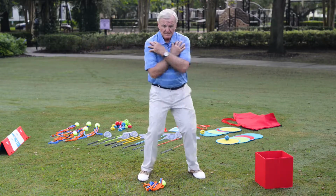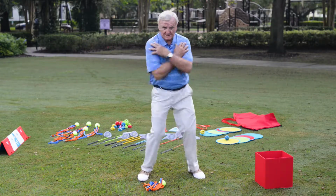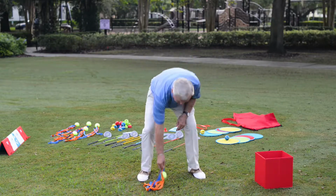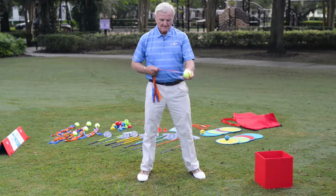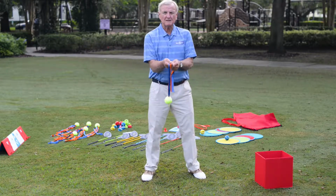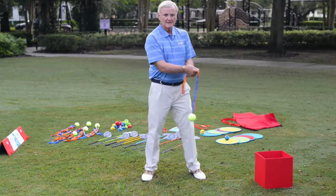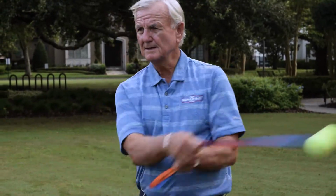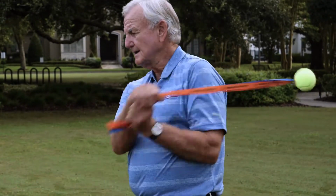feeling. Then we're going to have them cross their chest and do this. That's the feeling they want to have when they start their backswing. Then choke down on the ball, elbows in. This is very important to keep the elbows against their bodies. And then just simply twist the shoulders back and let the ball come around and touch them right in the